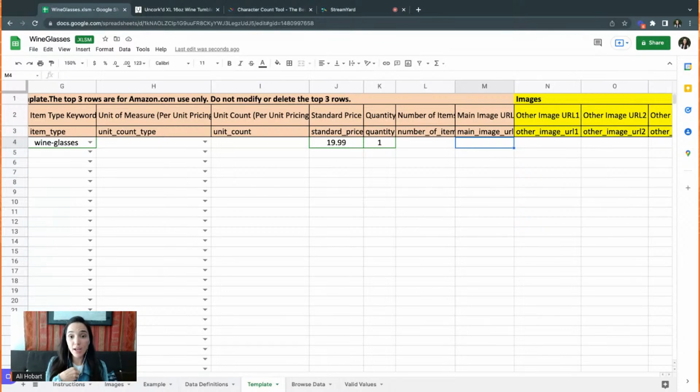Even though I am brand registered, what I've seen is that it will be much easier, if you're just editing a listing, to leave it blank, even though it's in the required columns. If you leave it blank, Amazon's going to pick up on what you already have there. And if you're adding a brand new listing, all that's going to happen is that it's going to upload as a suppressed listing.